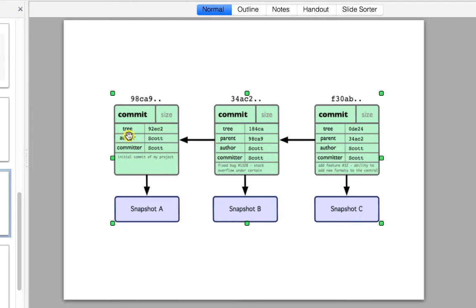Then some changes were done, some new file was added or existing file was changed and then was committed to your repository. Then another snapshot of your repository was created. Okay, so that will be the snapshot B, and then another file was changed or new file was added, deleted or whatever, and then those were committed again, and it created the snapshot of your repository again, which is known as the C, and this is showing us the commit history.